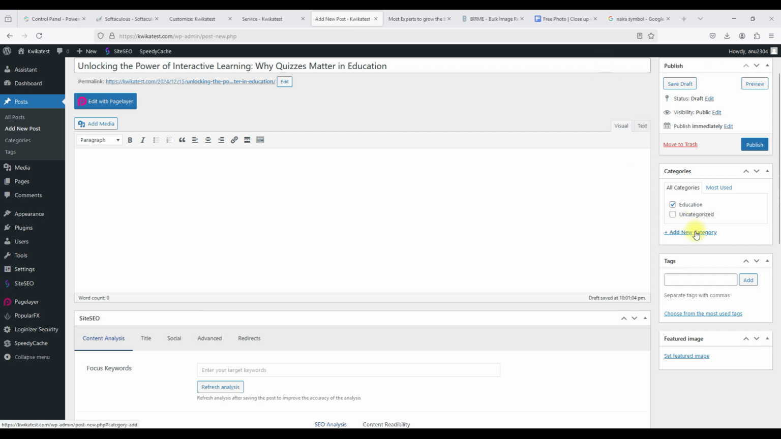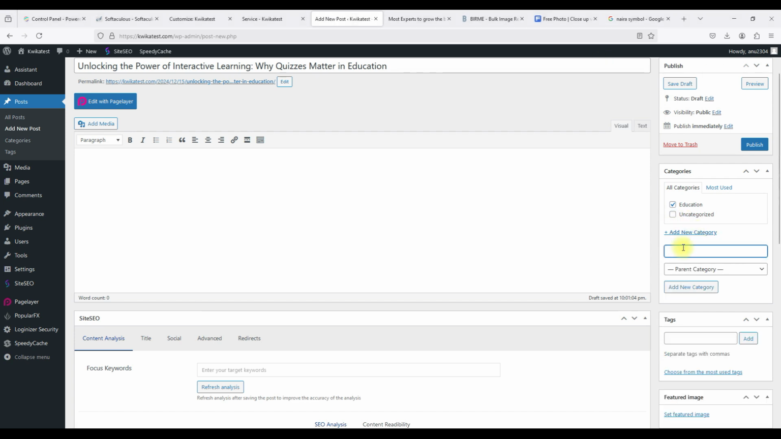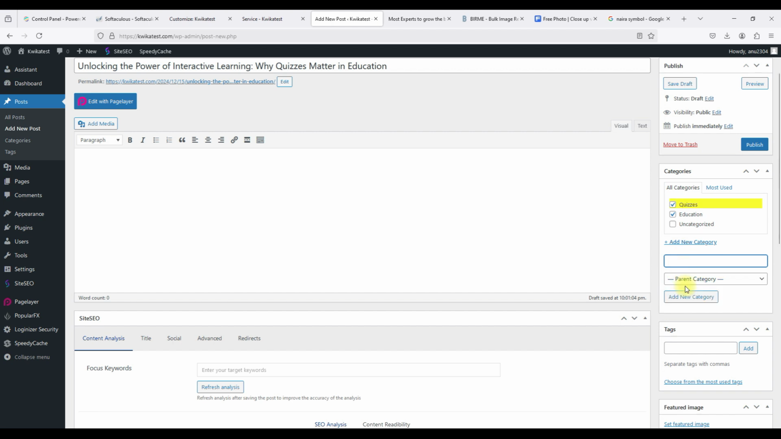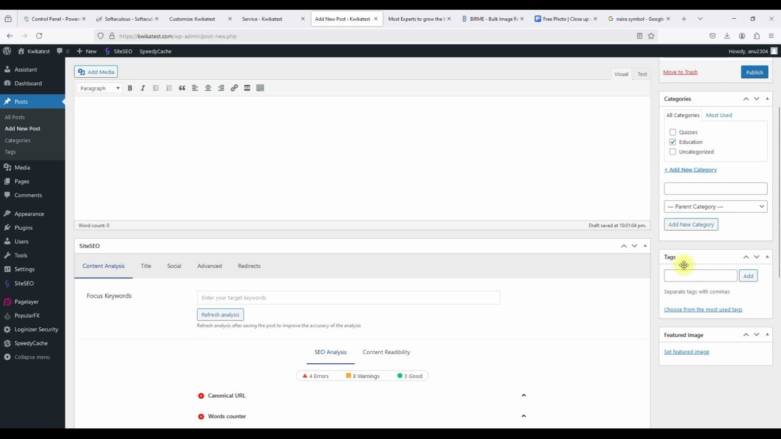So let's say I want to add a new category. I clicked on add new category, and see when I add that, it would automatically select it for that post. So let's say I don't need it for this post, I just need it for the education post. And then the same thing with tags. So if you want to add a new tag, let's say I want to add a new tag called traditional